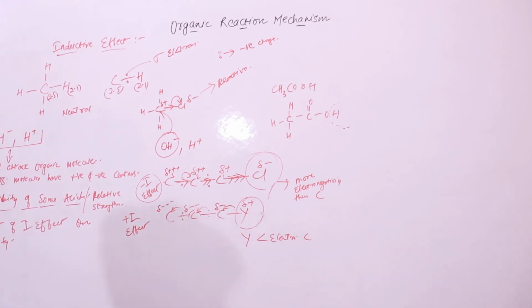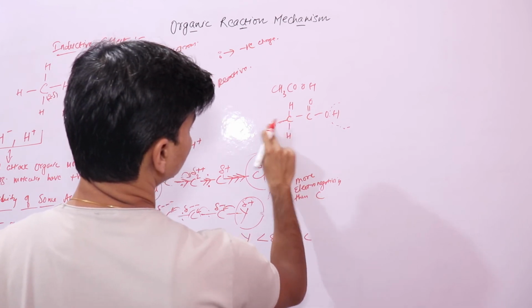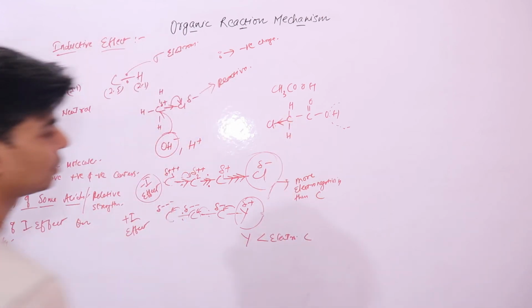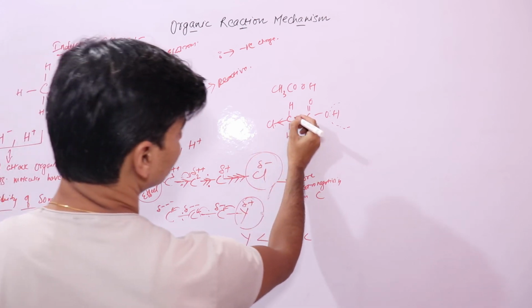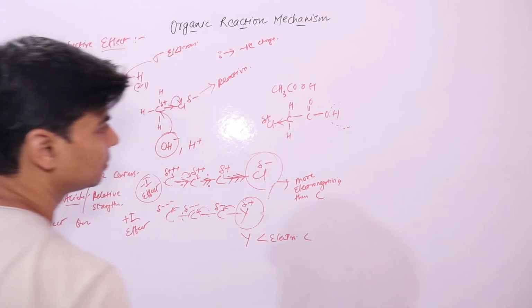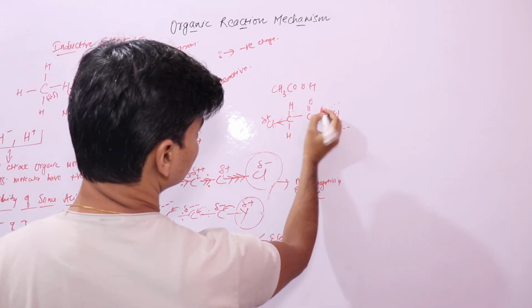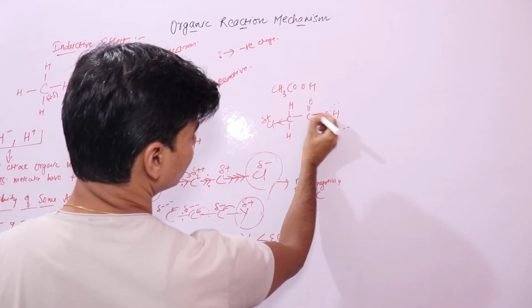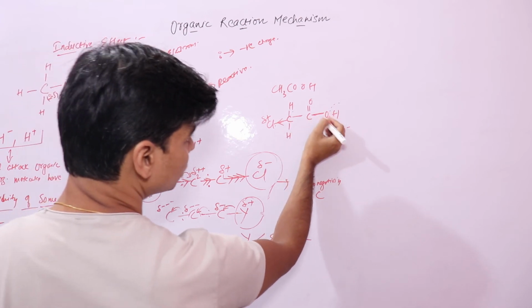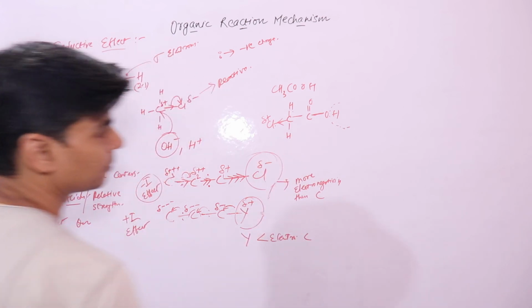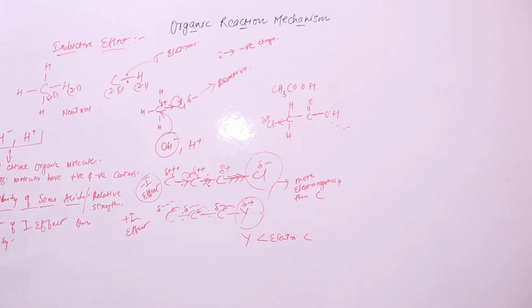Now let's see if I introduce some other group that attracts this shared pair of electron towards itself. Suppose if I introduce Cl, we know Cl has higher electronegativity, like we introduced it here. So Cl will attract the shared pair of electron towards itself. It would be positive charge. And since it's attracting the shared pair of electron towards itself, the electron pair will move away from the oxygen atom, making oxygen more positive. Hence, due to oxygen becoming more positive, the release of hydrogen will become easier. So relative strength of some common acids would be